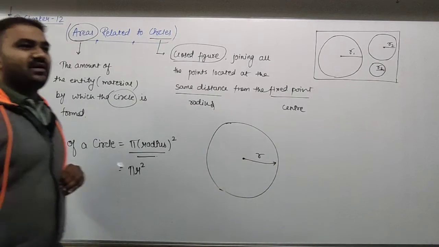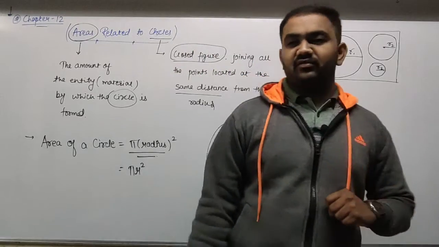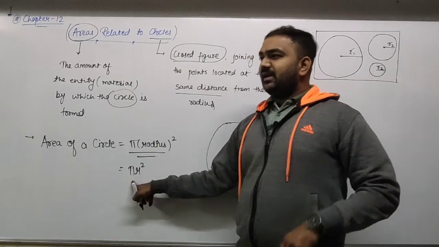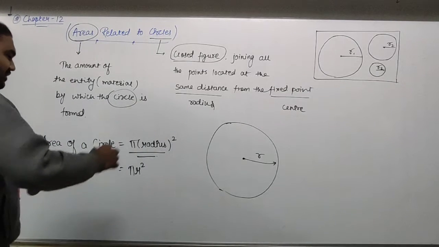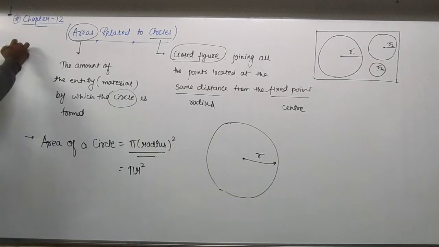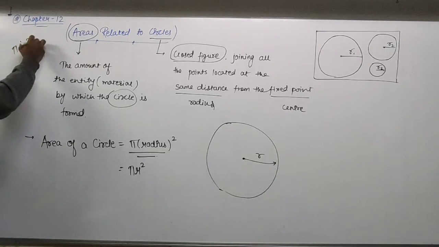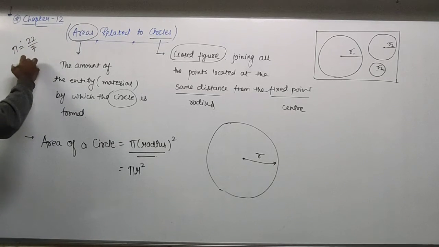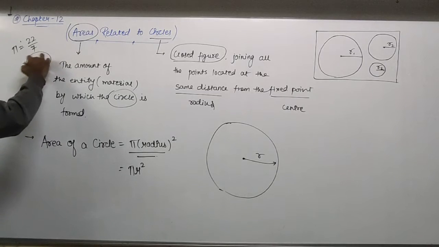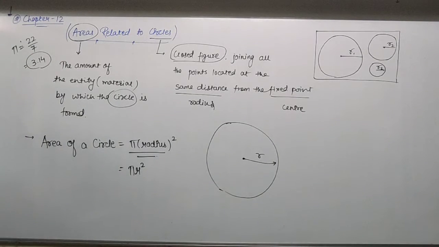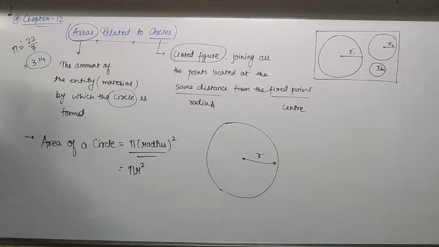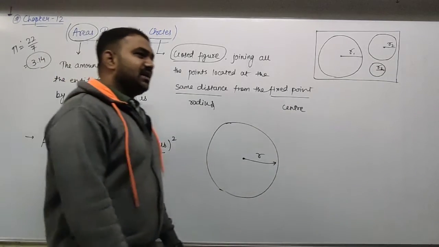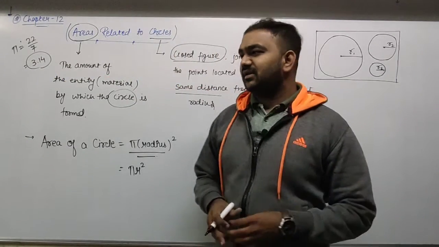To find the area of a circle, pi is the value 22/7 or the value 3.14. Pi has two values, which we already know, right? Either 22/7 or 3.14, up to 2 decimal places 3.14. So this will be pi r square, the area of the circle. Right? Now in this chapter basically we will see the area of the circle, but along with it,